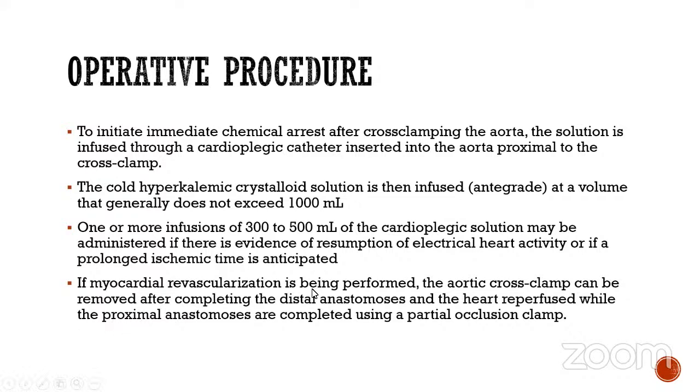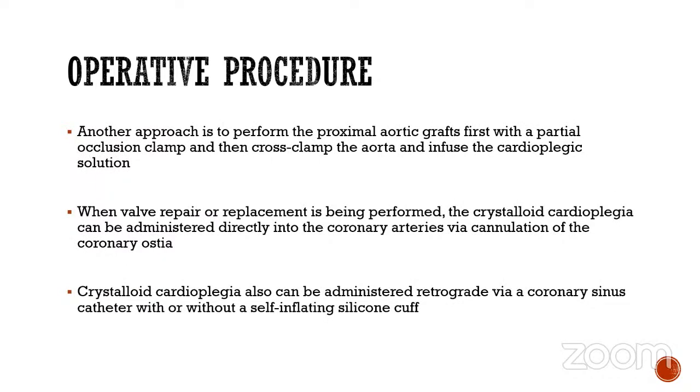If myocardial revascularization is being performed, the aortic cross-clamp can be removed after completing the distal anastomosis of the heart, and you can let the heart reperfuse, and you can anastomose the proximal segments of your vessels while using a partial occluding clamp. Another approach is to perform the proximal aortic graft first with a partial occluding clamp, and then cross-clamp the aorta and start giving cardioplegia. Or alternatively, you can do both the distal and the proximal whilst on the cross-clamp